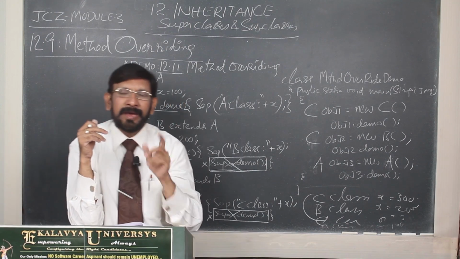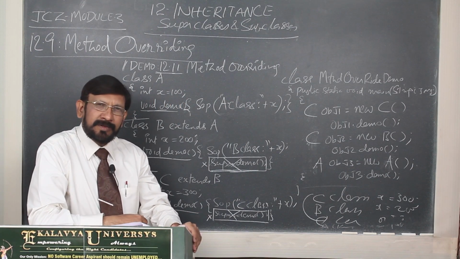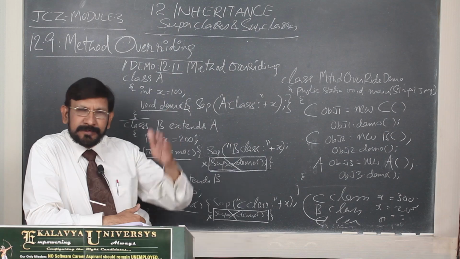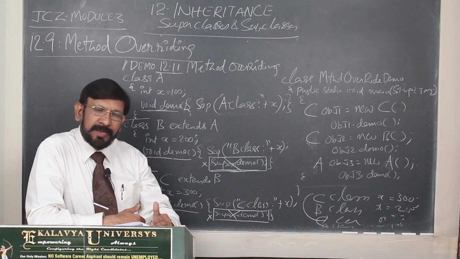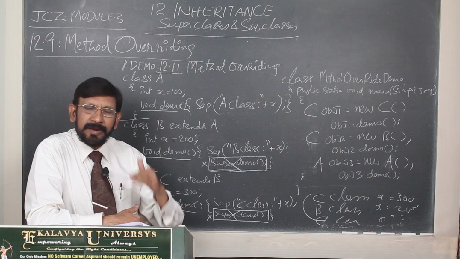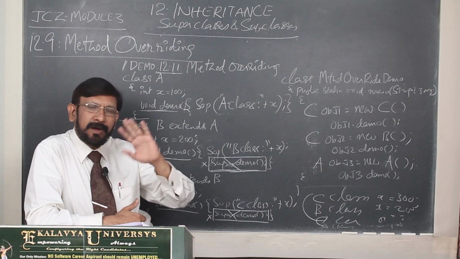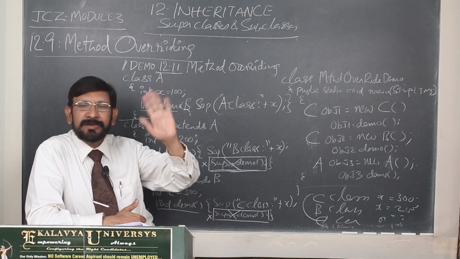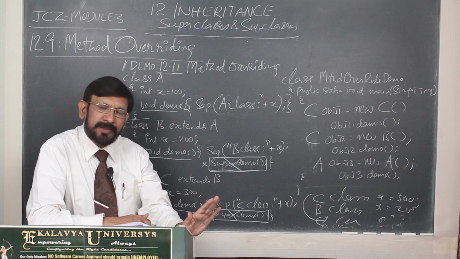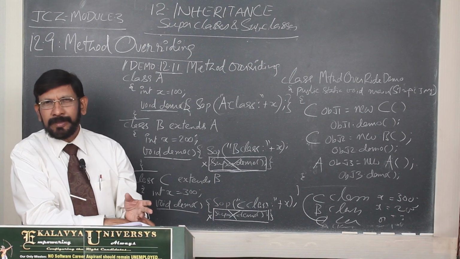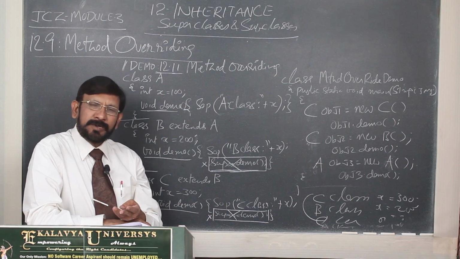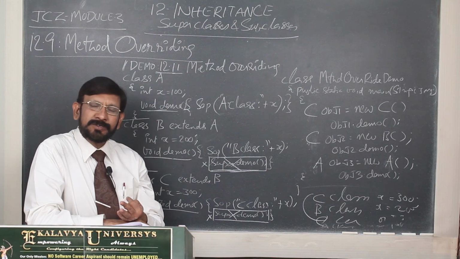In a similar manner, every subclass can claim its properties and its behavior as its own. At the same time, the properties and behavior of the superclass also as its own. For that one exception is there. What is that? Private members, hidden members,